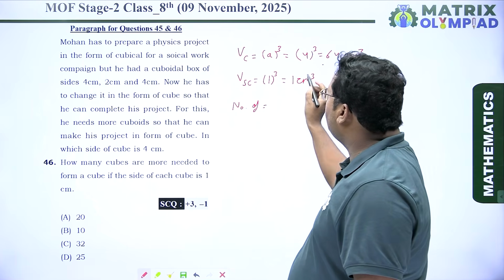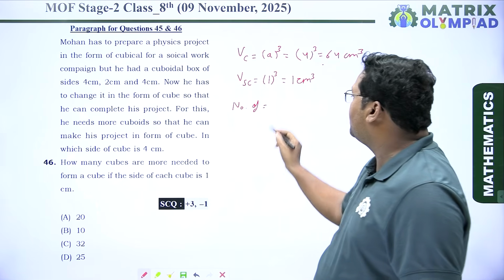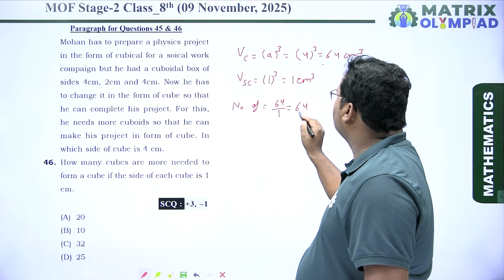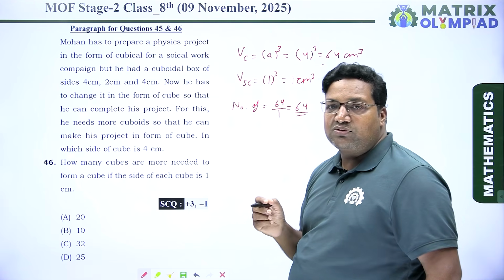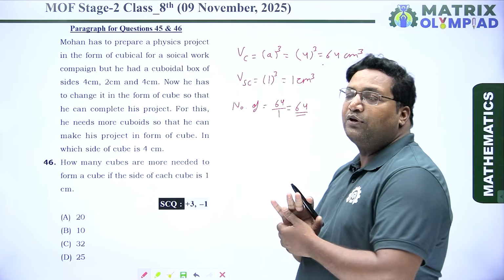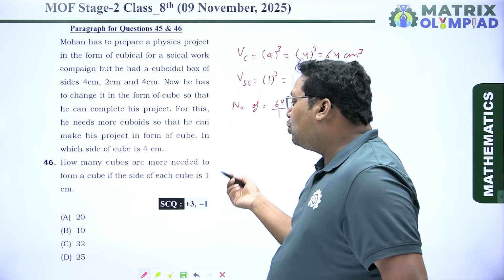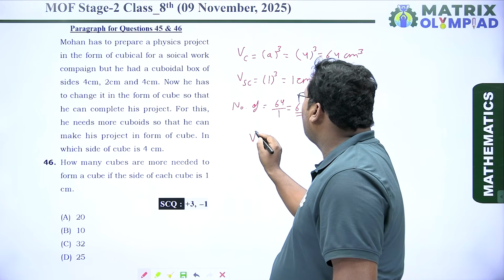Total number of cubes is volume of big cube upon volume of small cube, which is equal to 64 upon 1, equal to 64. Here you can see the cuboidal box volume is 32 centimeter cube, and the volume of cube is given 64 centimeter cube. So how many cubes are more needed to form a cube is equal to the volume of